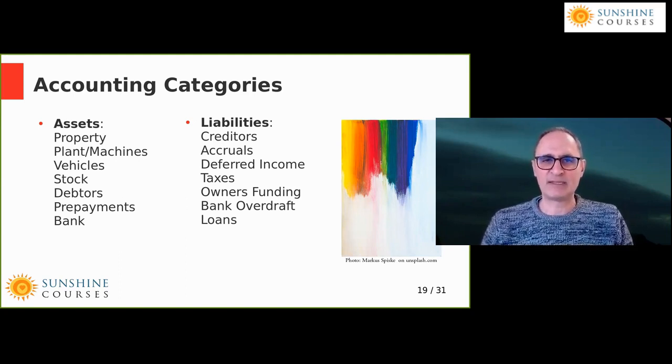But the principle is you could have a liability to an owner. Bank overdraft, the same thing. A bank overdraft may just happen by default from your cash book. But a loan, it may be that you'll actually take out a formal loan from a bank. They'll transfer money from the loan into the bank account. And again, the entry might be debit bank, credit bank loans. And it could be other people give you loans as well. It doesn't have to be an owner. Same principles apply. What you're identifying with a balance sheet